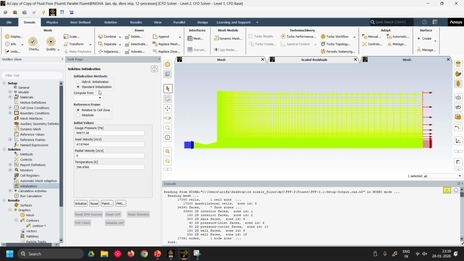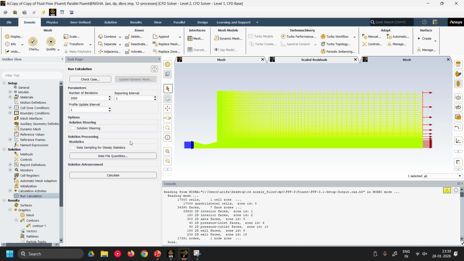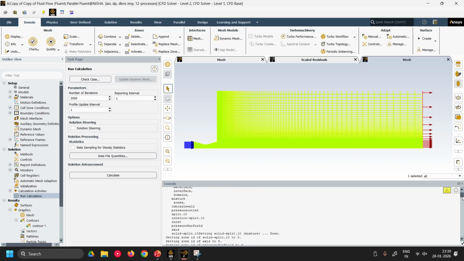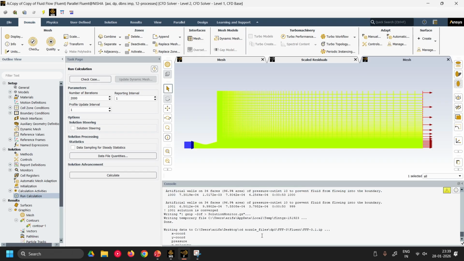Then simply from the inlet, I will initiate. Then I will run. I have taken around 17,000 cells here, so it may converge in around 2,000 iterations, and in the worst case 3,000 iterations. So I have taken 2,000. Okay, so in my case it converged within 1,000 iterations, and the result, if you see,